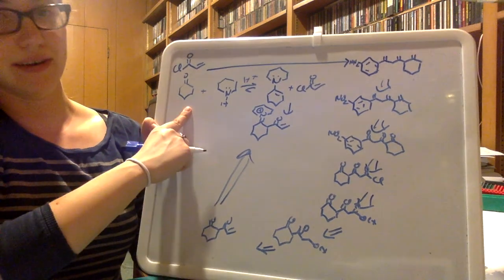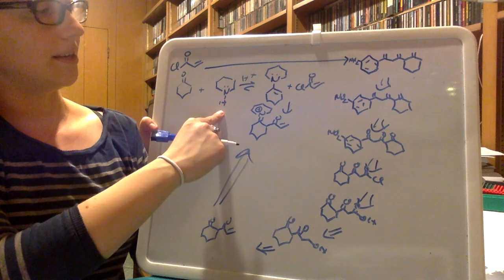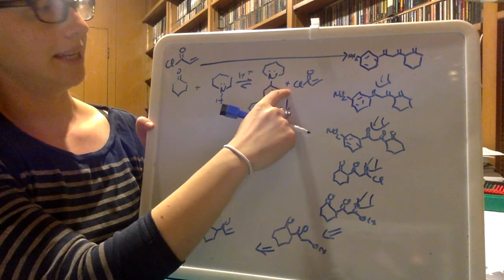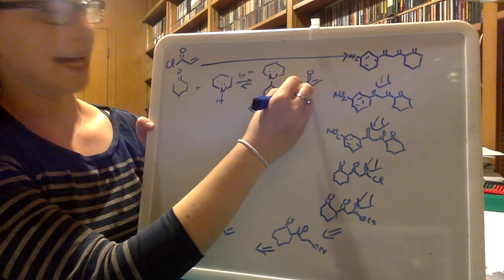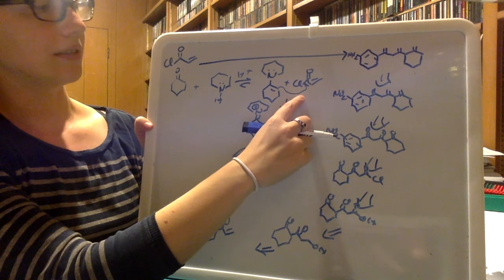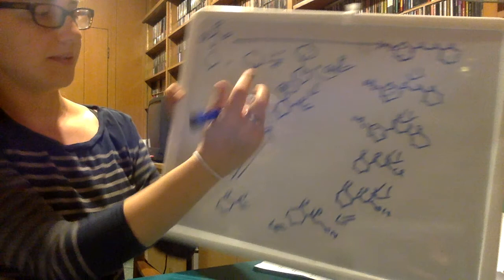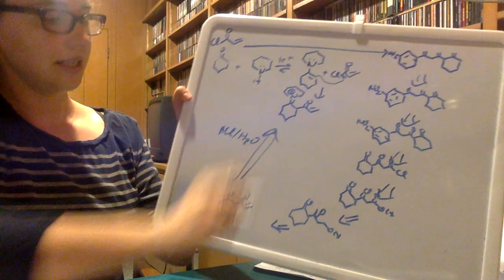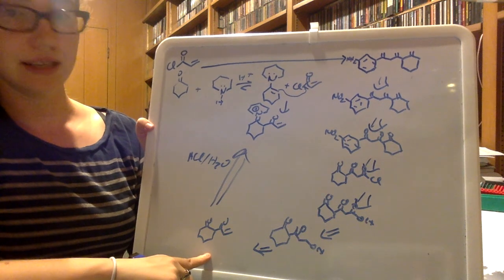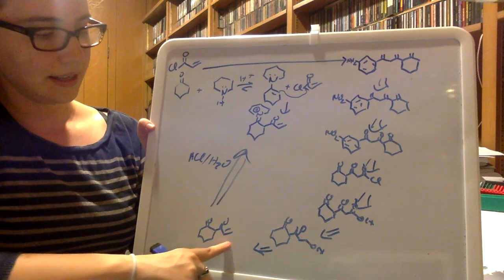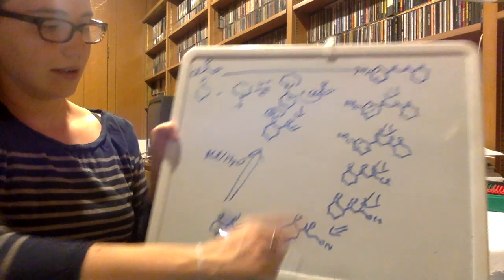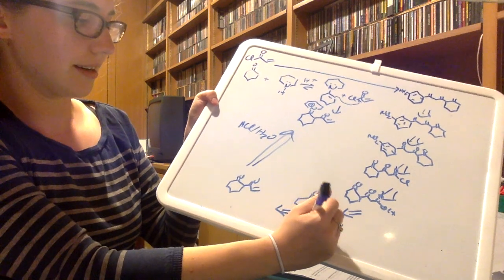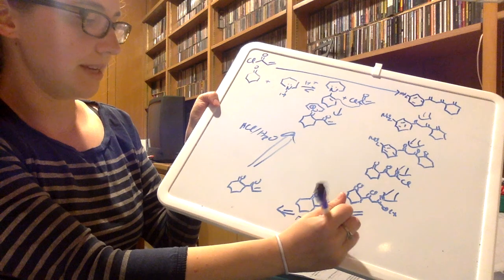So I already showed how to make the enamine. You have the cyclohexanone, the pyridine, you do the acid catalyst to make the enamine, and then the enamine adds to the acyl chloride, and you get this. So then you want to do hydrolysis, and you can just do HCl, H2O to do hydrolysis there. You get this diketone. Then to make the alcohol, you can do hydroboration and oxidation because this is a non-Markovnikov addition. So BH3 THF,